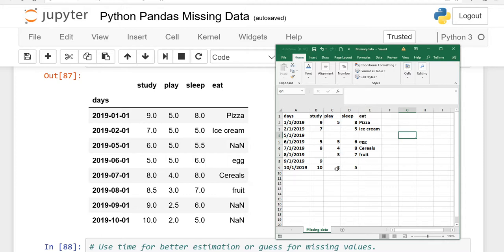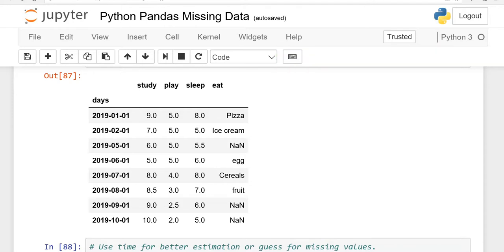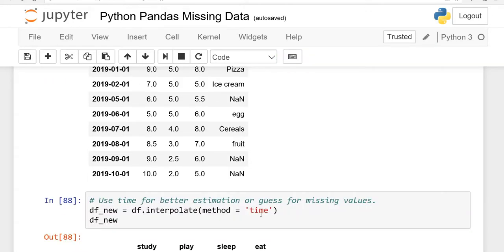Here is 3 and 2 hours, so it will say maybe you have spent 2.5 hours. So the interpolate function with blank parentheses will generate an estimate. But if you want to make a better estimate, then you have to use the time function.